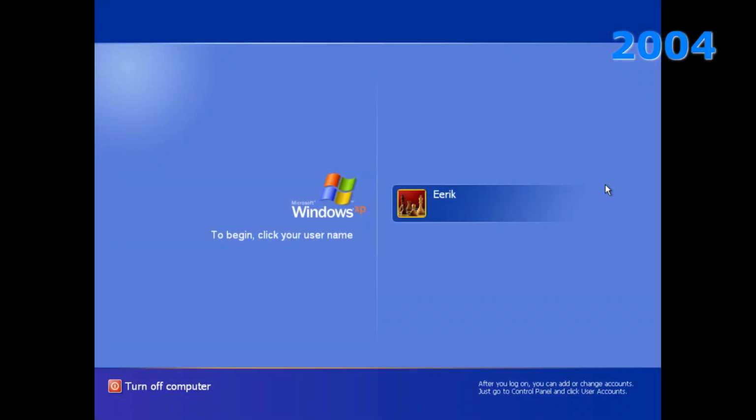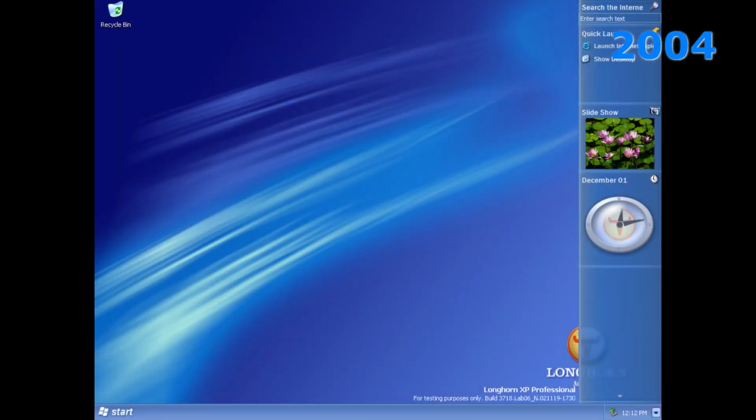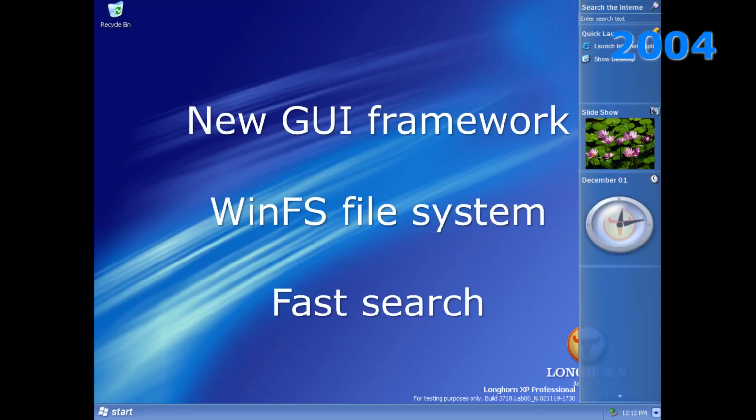Development for the next Windows was started while XP was still being finished up. Codenamed Longhorn, it was supposed to be a transitional release between XP and the major release codenamed Blackcomb. The development was not straightforward. The biggest features were supposed to be a new GUI framework and a storage platform named WinFS with faster search. The project grew bigger while not having a clear focus, before becoming a too ambitious one that wasn't going to work. As such, the project was completely reset in 2004.